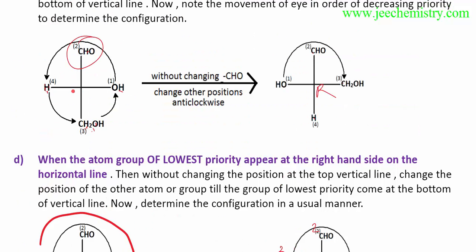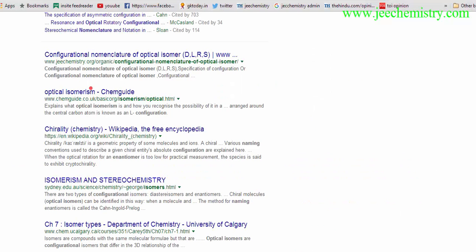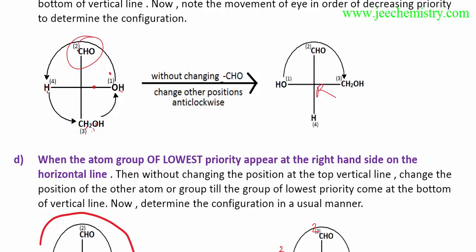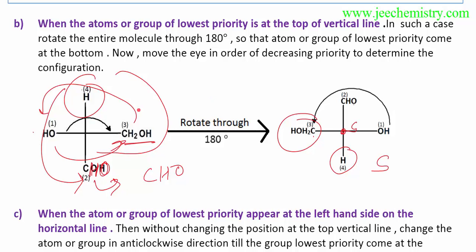Similarly in this example, H is not in the lowest priority position, so omit it and consider all the other groups. Now in this position oxygen will be 1, then the 2 priority group, and the 3 priority group. We have to do the rotation. This will be in this direction, the anti-clockwise direction, R, but this will be wrong. Our answer will be R, because the fourth priority group is not in the downward direction. That's why our answer will be R. In this way, in the examinations we can answer directly.